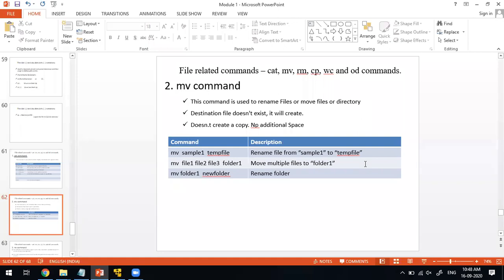Move is different from copy, I repeat, because this command does not take any extra additional space in your secondary memory. It just moves from one location to the other, or renames, but it will not take any additional space. This is a move operation, not a copy operation.